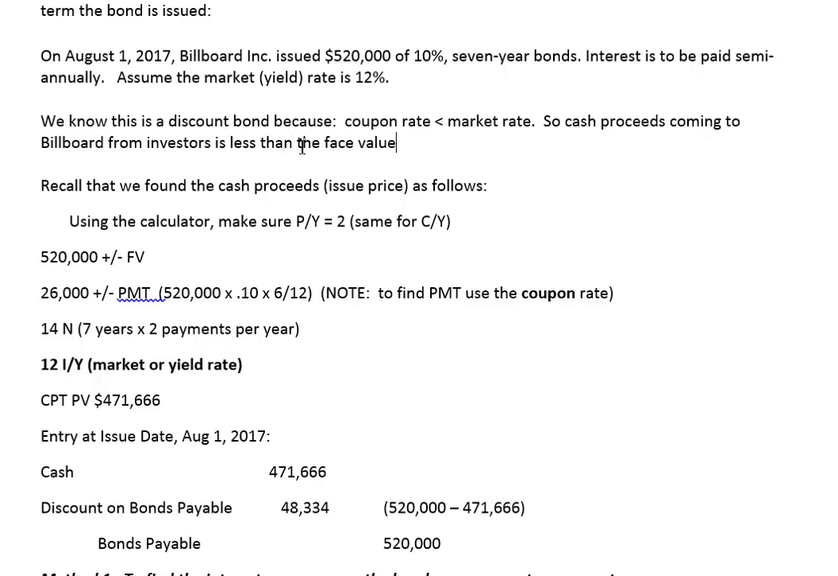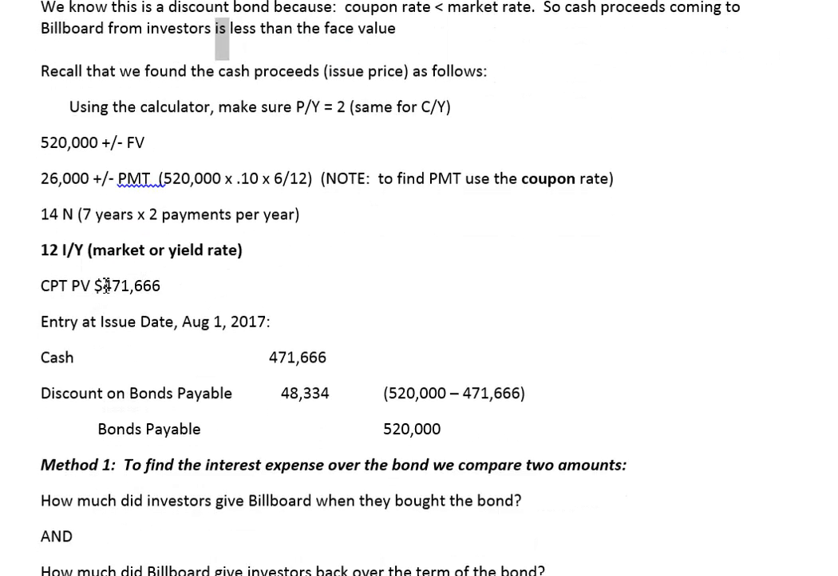Why? Don't forget, because your bond's only paying 10%. The market's paying 12%. These people are not going to give you the full face value of the bond. They're not going to give you the full 520 or even more than that because your bond's not paying as much. So they're going to give you less. So with a discount bond, coupon's less than market, so we should expect cash proceeds to be less than face value. And that's what we've got here when we calculate